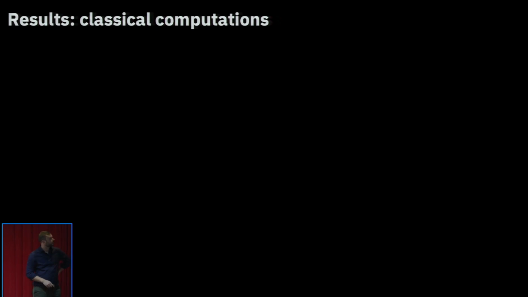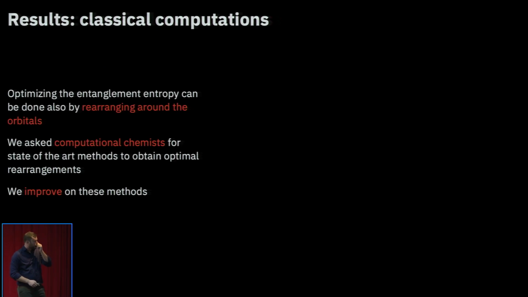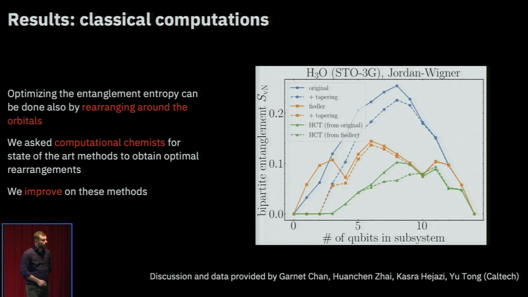And then we asked our computational chemist friends from Caltech whether with the existing classical methods we could achieve such improvements in the bipartite entanglement, and we found that state-of-the-art classical methods could not achieve this much of an improvement for the bipartite entanglement entropy. And so this is an example of how ideas from quantum information and classical processing can help